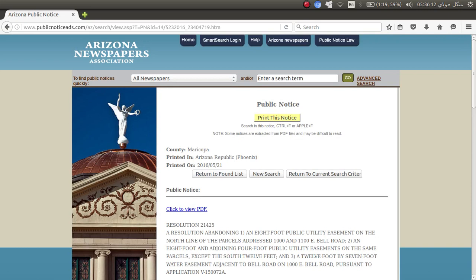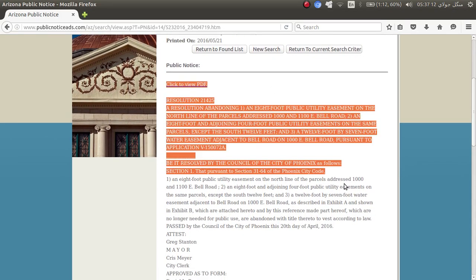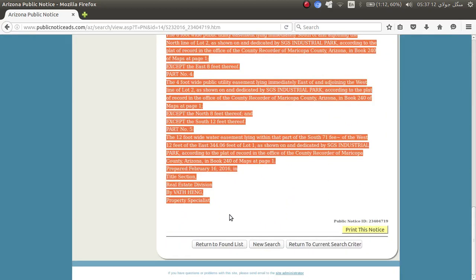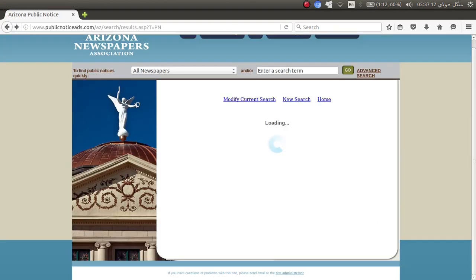So the first search result basically gives us this public notice. What the scraper does is that it takes this header information and this entire public notice and puts it into an Excel file. And once that is done, it moves back to the search results,